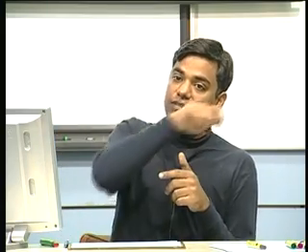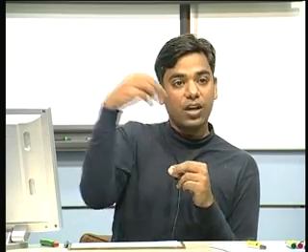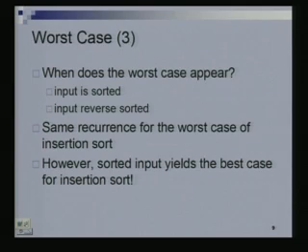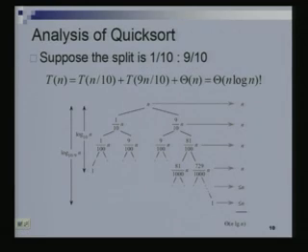But in insertion sort, if the array was sorted in increasing order, then how much time do you take? Then it's the best case, because you don't have to move back anymore. Every element is already at the right place, so it just takes a constant amount of time. So that's a comparison with insertion sort. But here, whether it's sorted increasing or sorted decreasing, you might end up with something like n squared time. So the worst case seems to occur more often here.